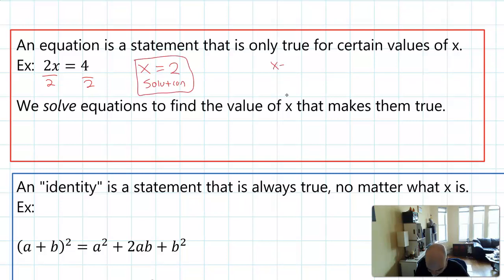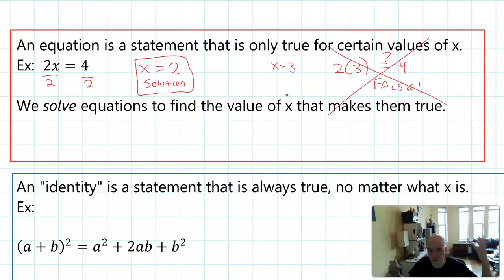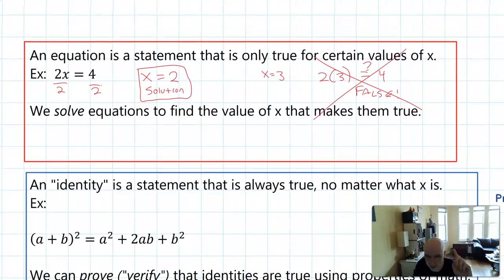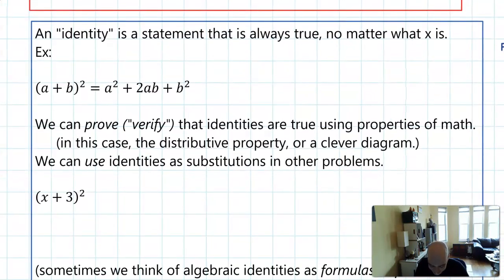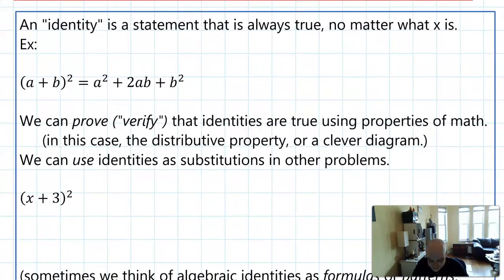because that is the value that makes the equation true. But if I said x equals 3, and I would do 2 times 3 equals 4, that's not true. So this is false. So an equation is not true for every x. You can't just plug random numbers in and expect it to be true. But on the other hand, an identity in math is a statement that will always be true, no matter what